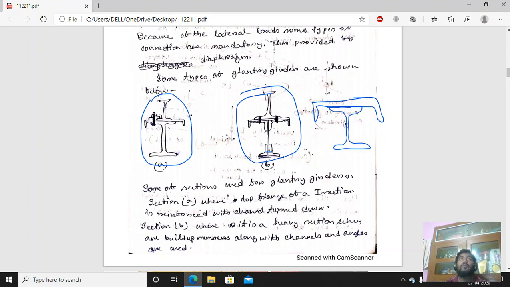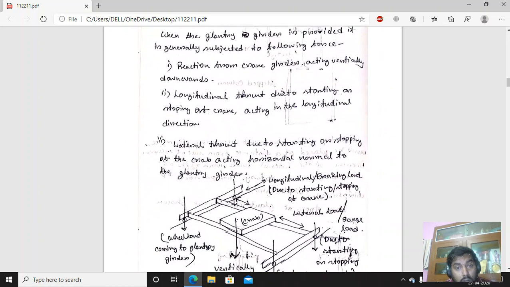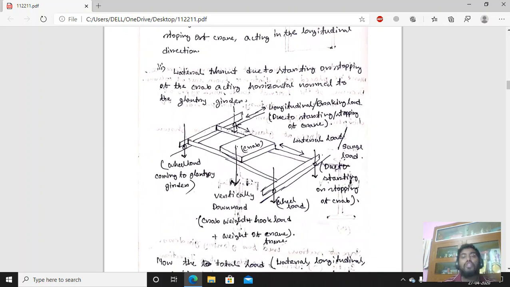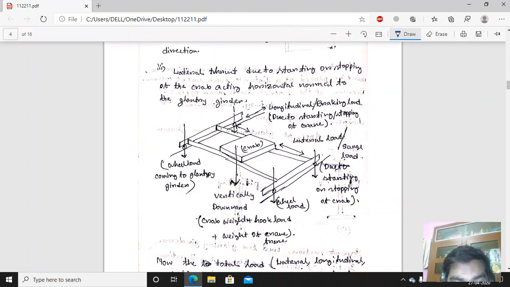So let us now come to the design procedure of the Glantry girder, which is the most important part of our lecture. First, the determination of the maximum wheel load, that is, what is the maximum wheel load that will be coming to the girder. We will first see this. In this picture you can see a clear representation of which forces come to the girder. This crab